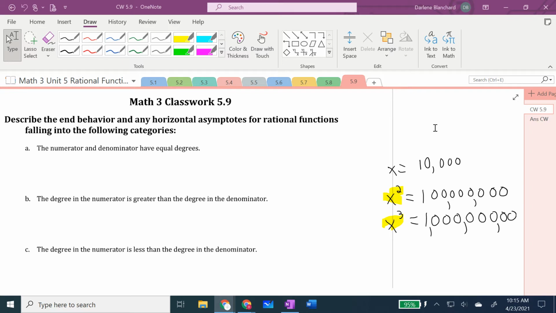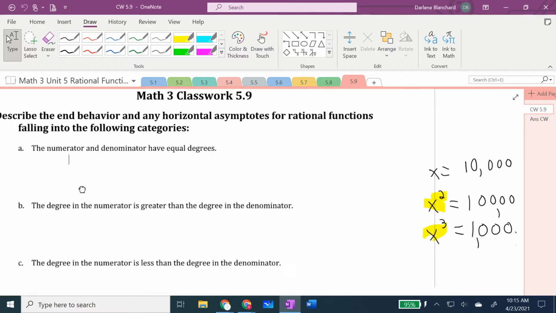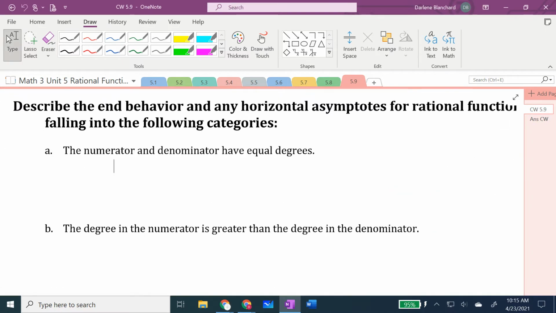Okay, part 2 of classwork 5.9. Let's first remember, if you have a polynomial over a polynomial, and your numerator polynomial and denominator polynomial have equal degrees. So, for example,